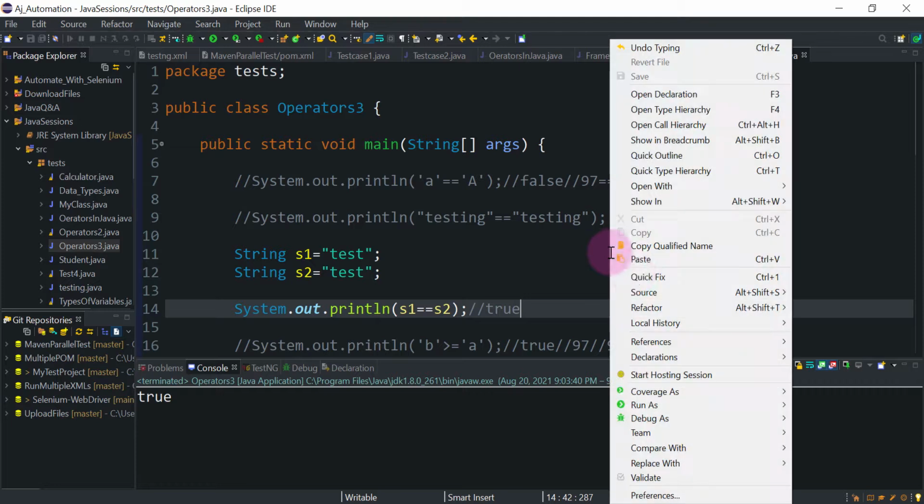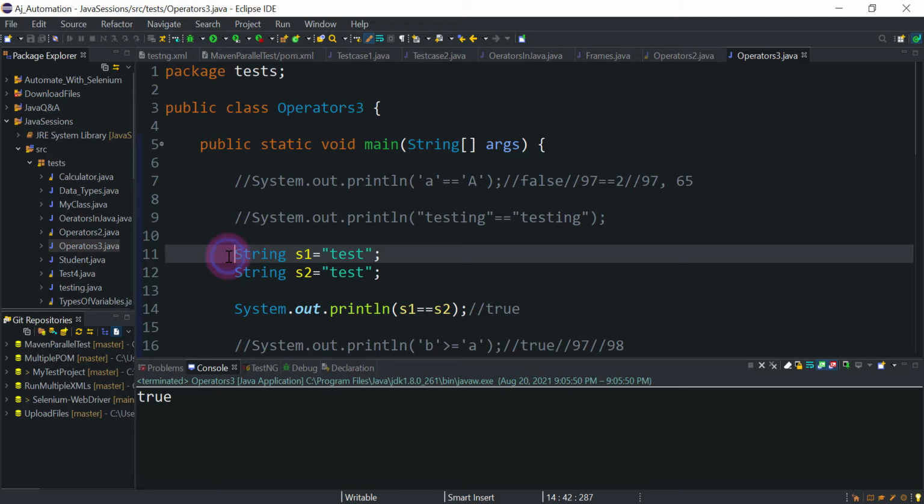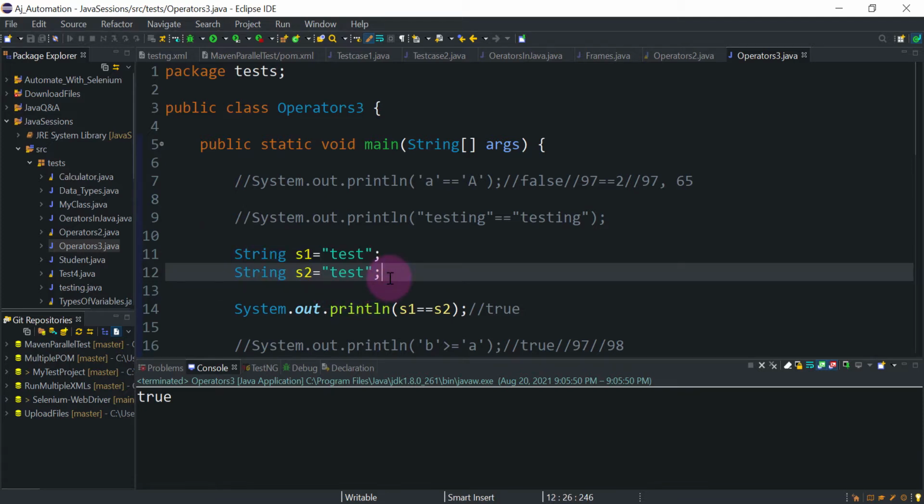But as of now, just overview that if you create two strings like this, okay, string s1 equal to test or s2 equal to test, then a single object will be created as content is same in the SCP, and s1 and s2 will point to that single object, and that's why we got this result as true.